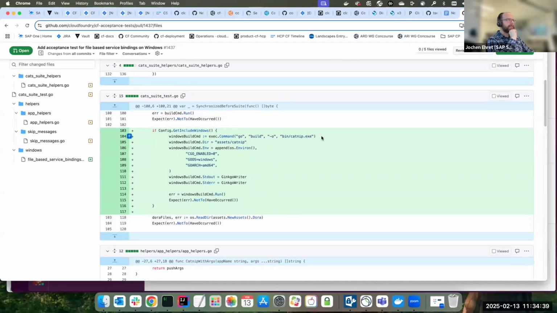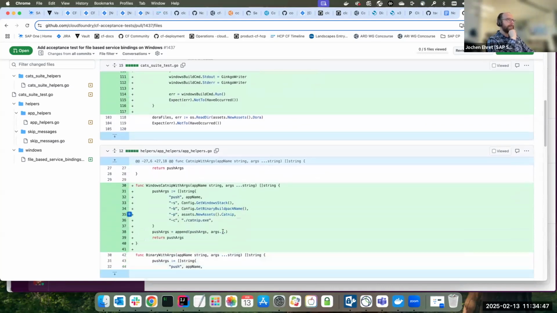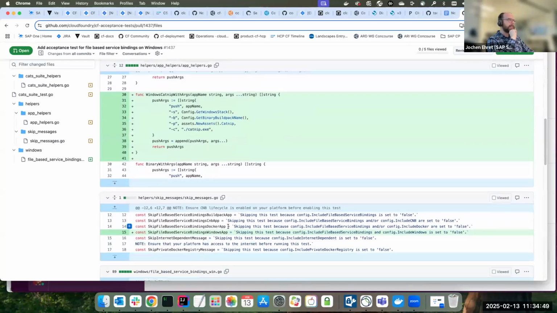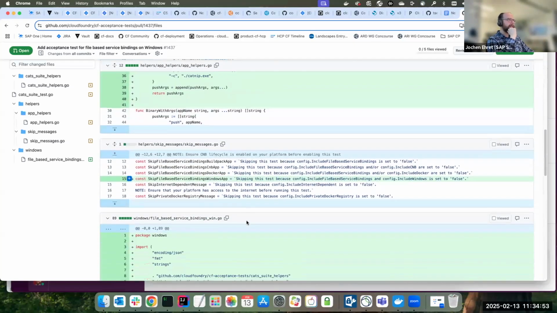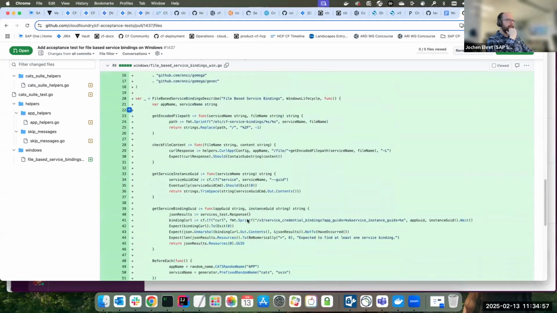So he reuses the catnip app and builds a Windows executable. And with that helper app, he can inspect the file system on the Windows container and check if the file-based service bindings are in place.